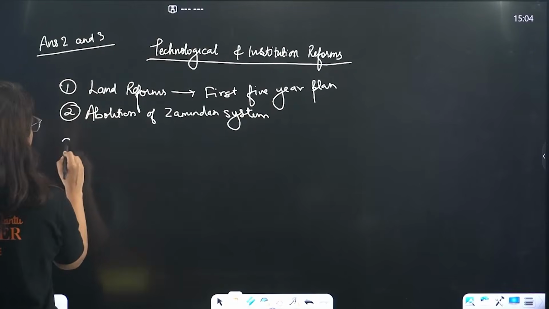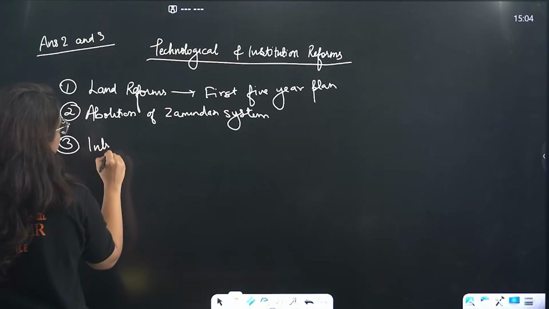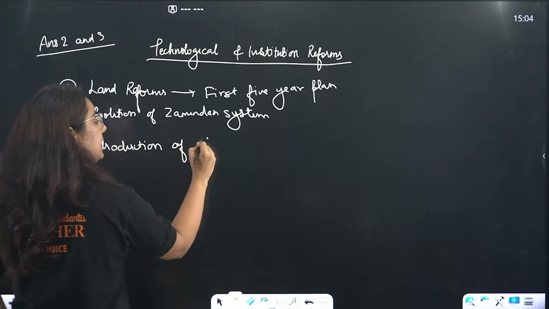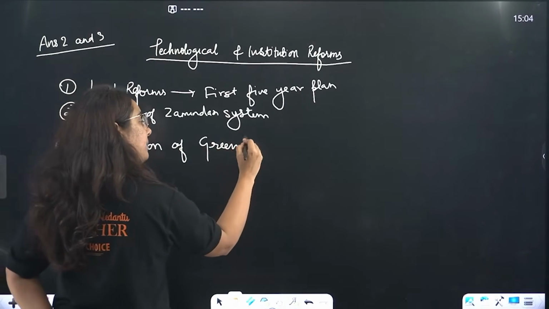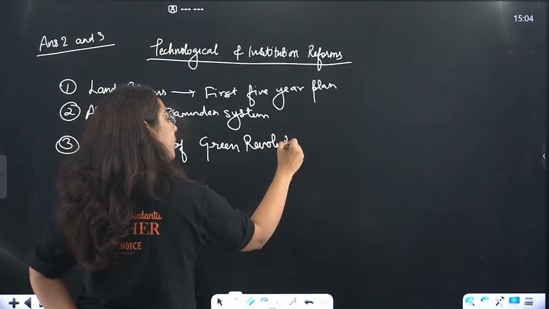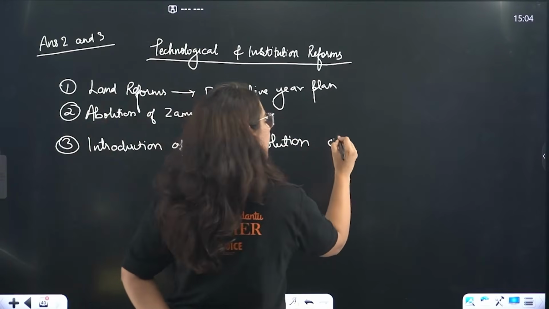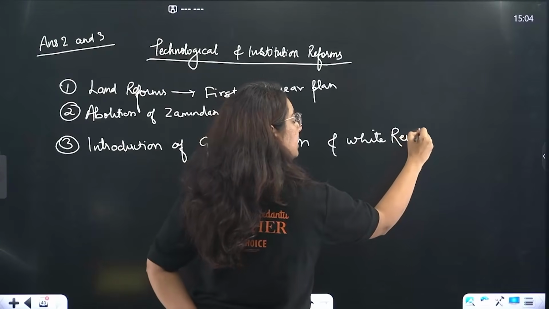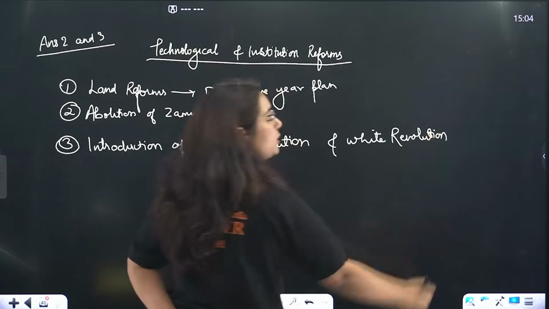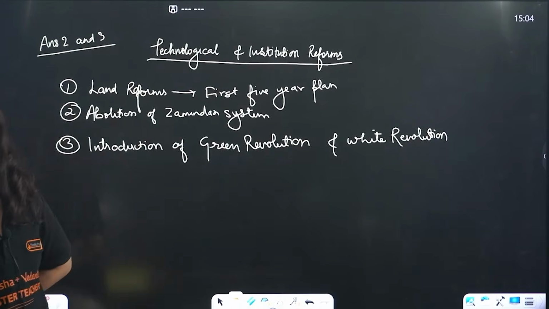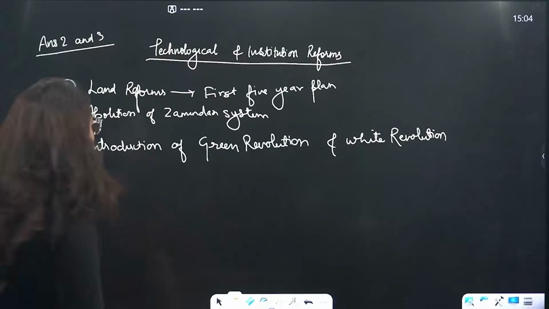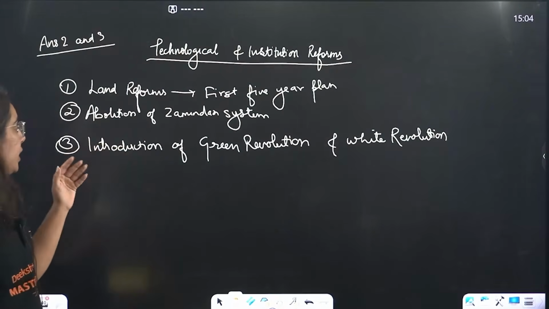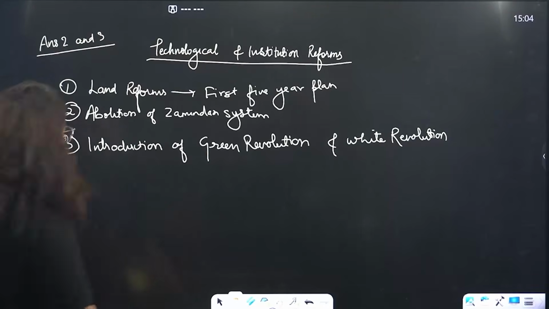Now, one more point is about introduction of revolutions like the green revolution. अरे भाई कुछ याद है कि नहीं? Everything went skyrocket. So green revolution and white revolution, bhai, we have to recall after reading every topic, otherwise everything will be a wastage. Okay, land reforms, abolition of zamindari system, then introduction of green revolution and white revolution.